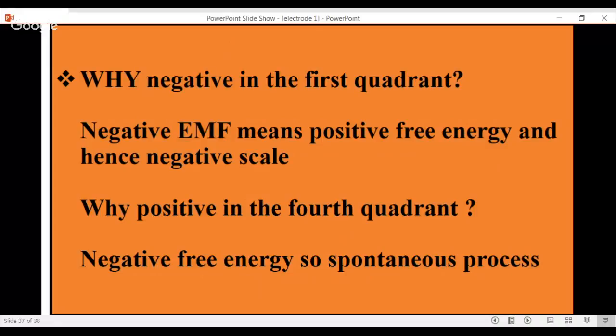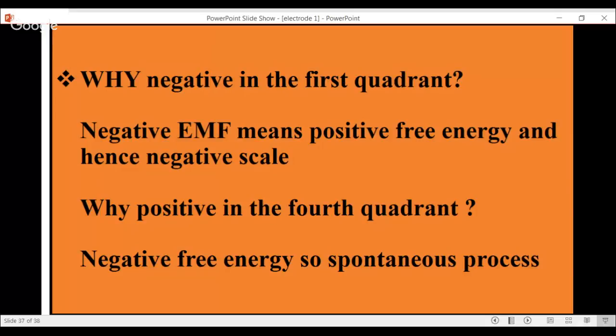Why negative in the first quadrant, or why above zero all negative potentials are put, and why below zero all positive potentials are put? Negative EMF means positive free energy and hence the negative scale. Negative EMF, positive free energy, therefore free energy only is what we are plotting, or what we have to consider. That is why